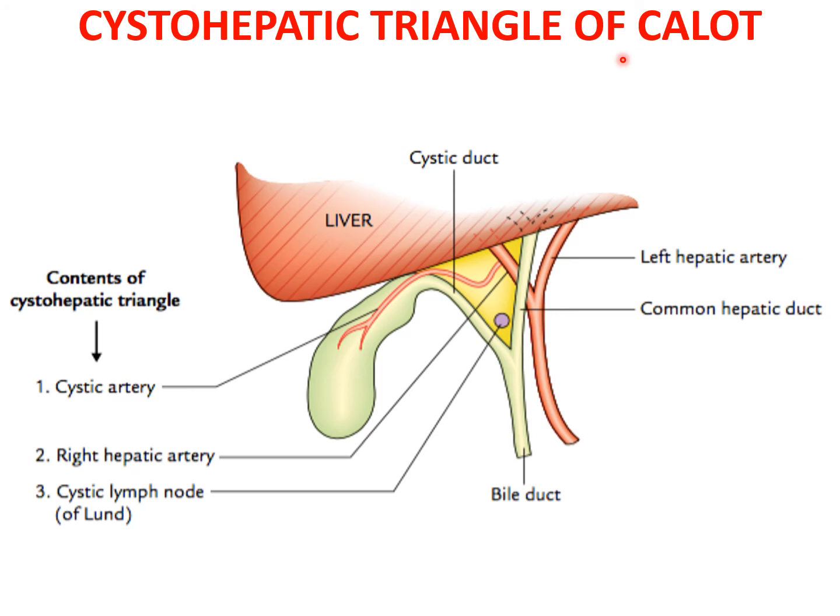The identification of the cystohepatic triangle and its contents helps the surgeon to locate the pedicle of the gallbladder and its ligation in cholecystectomy. What is cholecystectomy? It is the surgical removal of the gallbladder. Errors in gallbladder surgery often occur from failure to appreciate common variations of the extrahepatic biliary system. So these variations should be kept in mind.